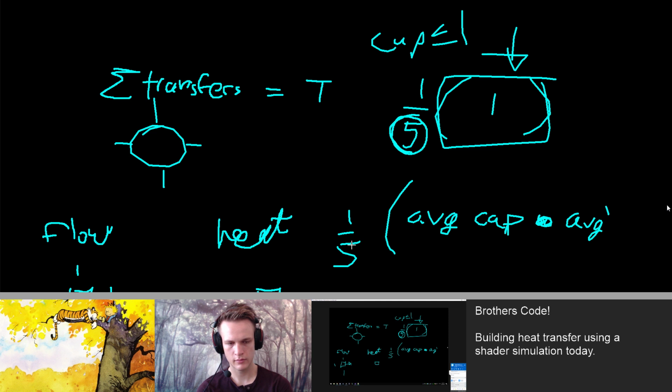So you have the average capacity of the other one, multiply the average capacity of this one. That will make things that flow slowly not give away heat too quickly, and things that will heat up slowly not take too quickly. That looks good. So we do that times, now we have to know how much to transfer. So that's T final or T target minus T prime, T subscript with T superscript.